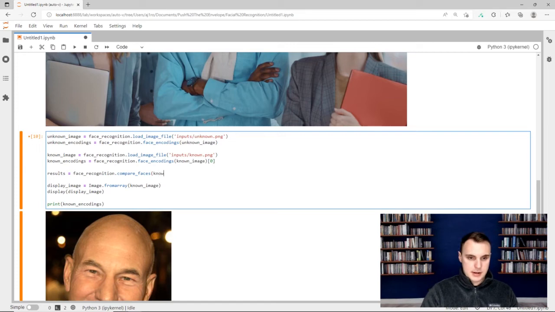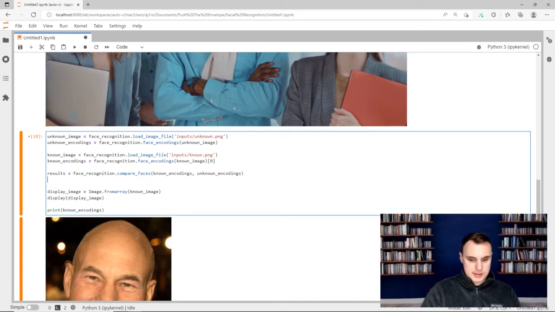So we're going to say known encodings, and then also unknown encodings. It's going to compare them, and the results are going to show whether or not that person is in there. So if I say print results,